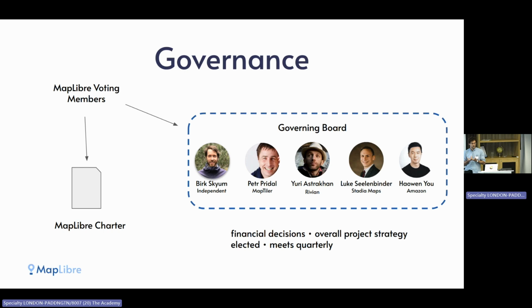We thought, let's do an election, but who should elect them? Because it's a project where random people show up on GitHub. So we defined a group of people, the MapLibre voting members, and they have the right to elect the board members. The other thing they can do is vote on changes to the MapLibre charter. The charter is our document which codifies the